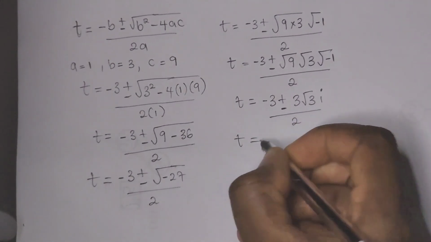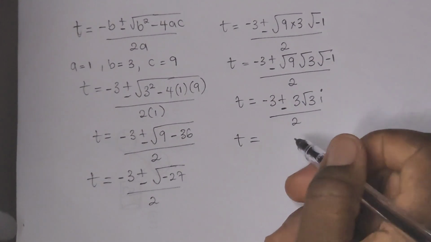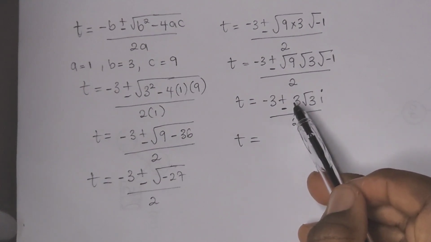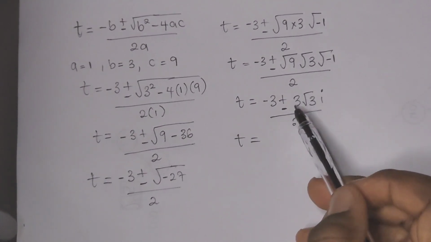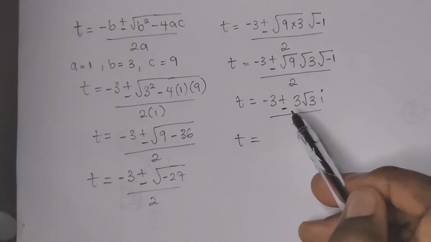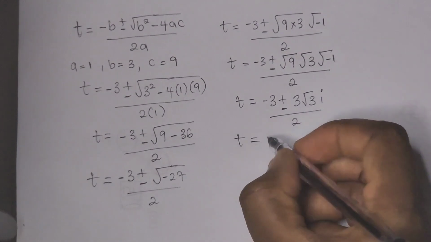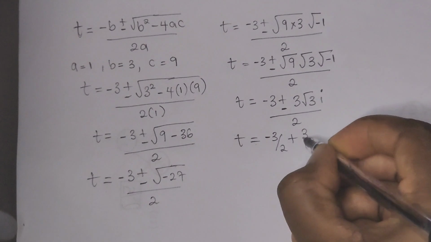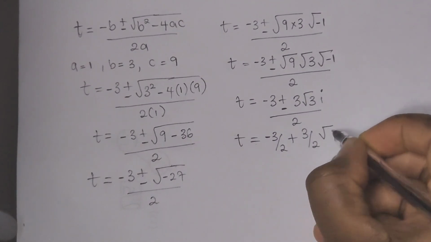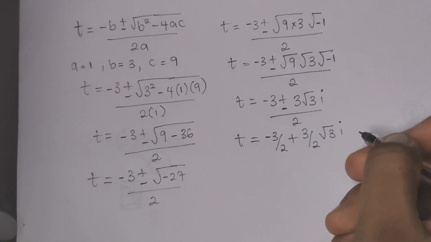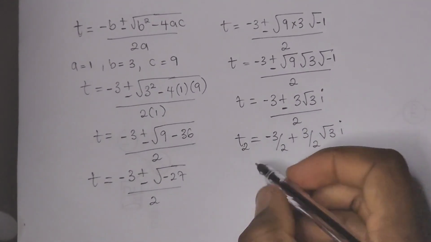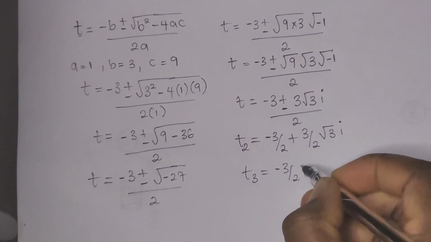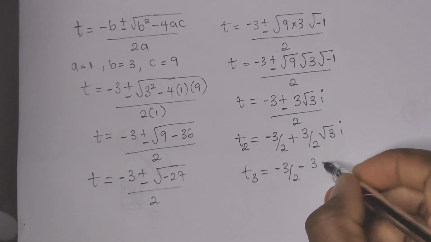So from here we've actually gotten the two values we are looking for, because we can no longer solve further. So we now have t is equal to minus 3 over 2 plus 3 over 2 root 3i. So this is t2. t3 is equal to minus 3 over 2 minus 3 over 2